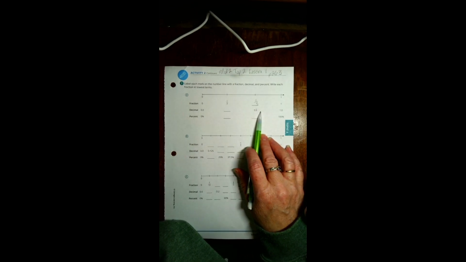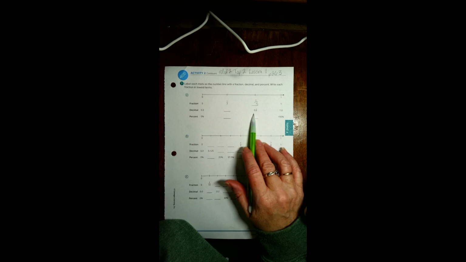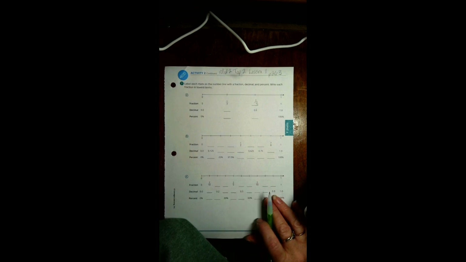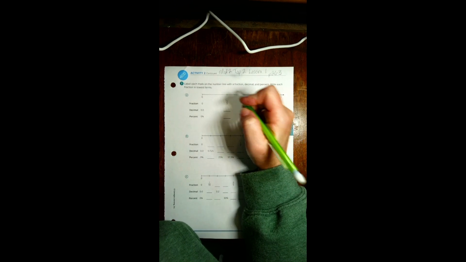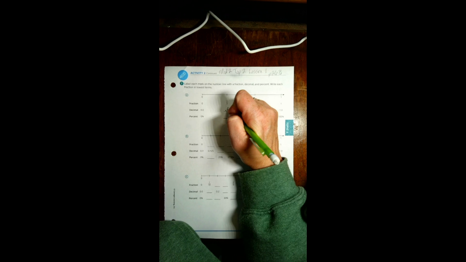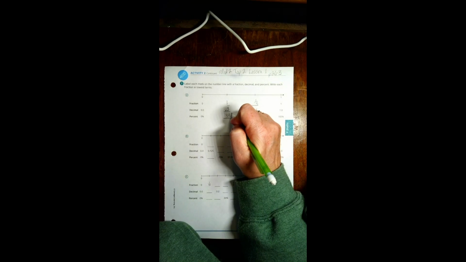Again, this one they've done a lot of it for us. The whole number 1 is still 1.0. 2/3. So if you divide 2 divided by 3, you end up with 0.6 repeating. 1/3. When you do 1 divided by 3, you end up with 0.3 repeating. And then as a percent, this ends up being 33